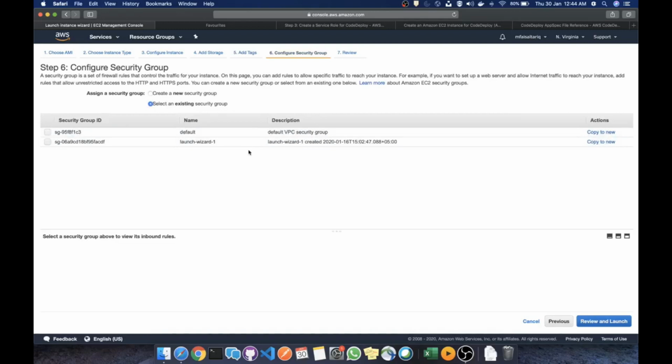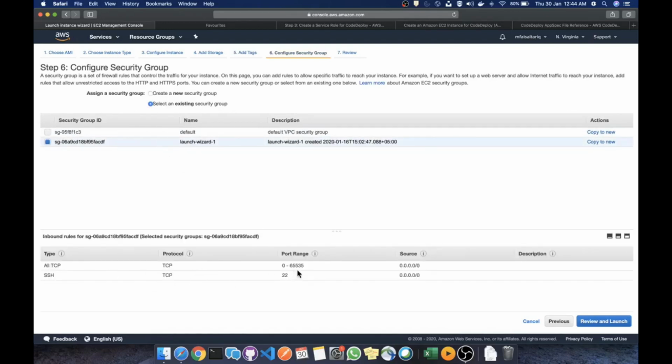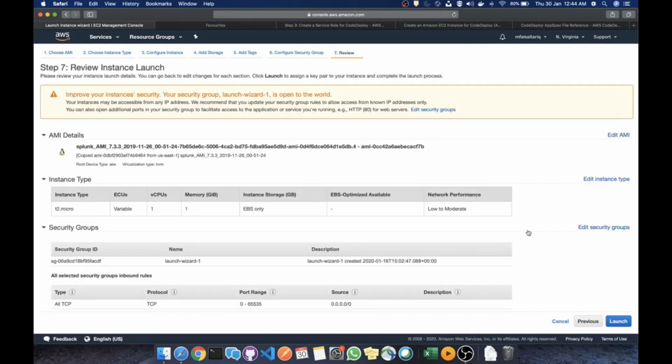I already have a security group that allows all the TCP connections and the ports opened for this EC2 instance, and there's a SSH connection also open from all the IP addresses, so it's available from anywhere and open to the public internet. If you want to restrict these settings, you can create your own security groups and everything. So for now I'm using this just for testing, and then I'll review and launch it,